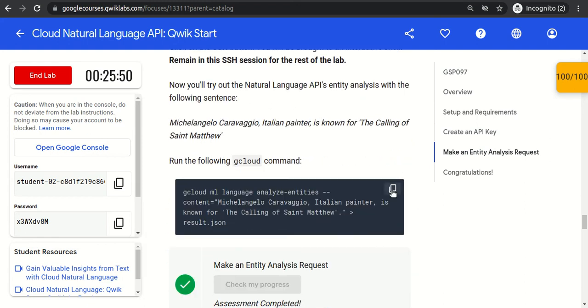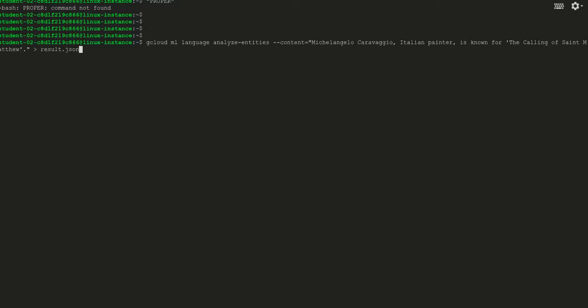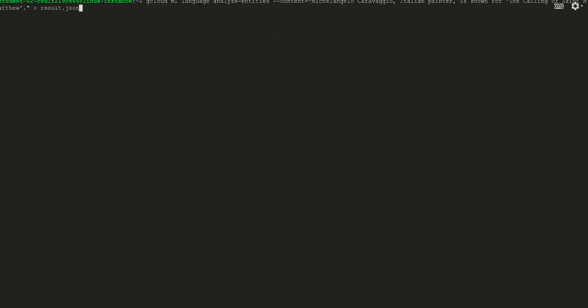Now I don't have any service account, I don't have anything, but still I can call the natural language API. Let me remove the result.json as well, so that we will start everything from scratch.